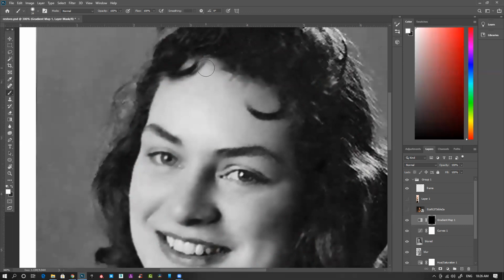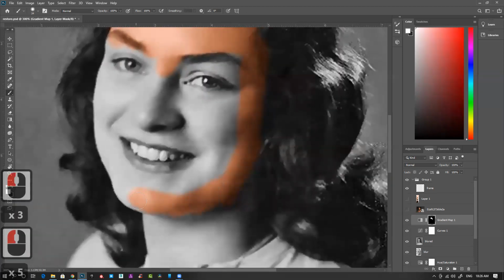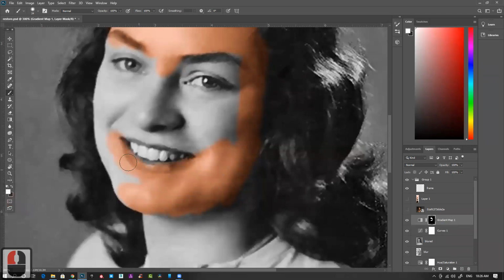So I will paint white only for the skin area.